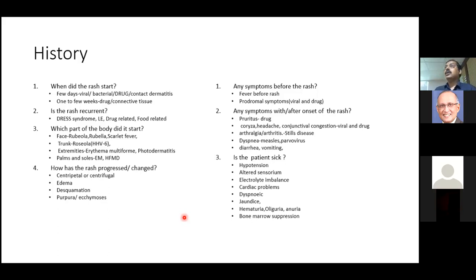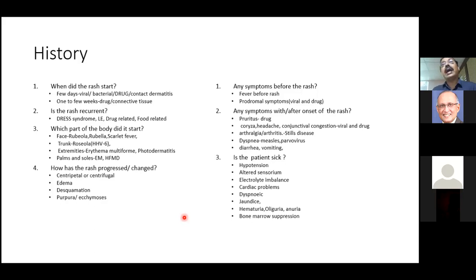Now, lupus erythematosus. It may be an undiagnosed case of lupus erythematosus. Patient is coming with recurrent maculopapular eruptions. So an adolescent girl maybe, and you have not thought of a lupus or a connective tissue disorder. It is your duty, if it is recurrent, to think of vascular or connective tissue disorders or a vasculitis. Food related. The same food may be precipitating it every time. So it is important to take a dietary history, whether this patient is taking a certain type of food and that is precipitating it.